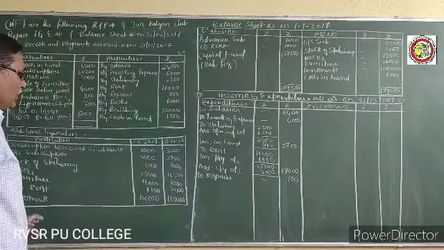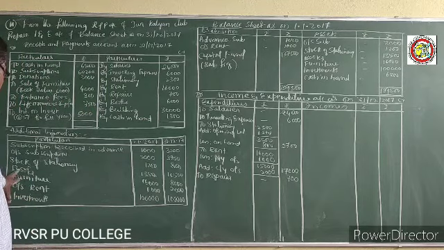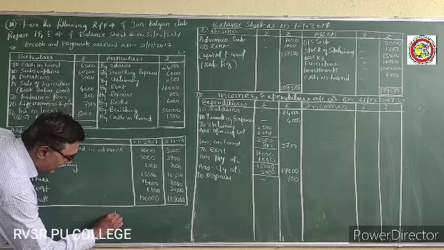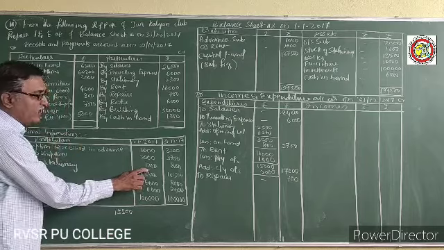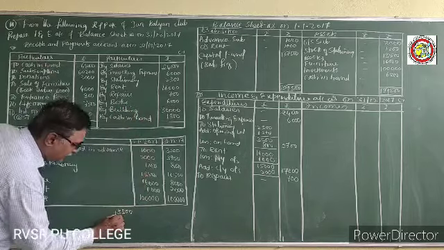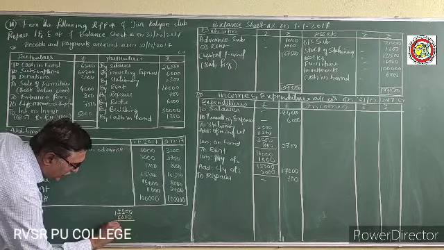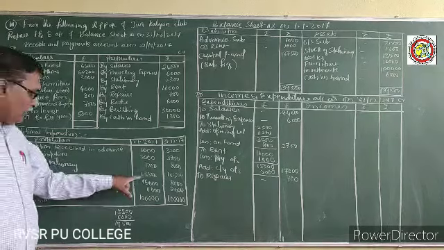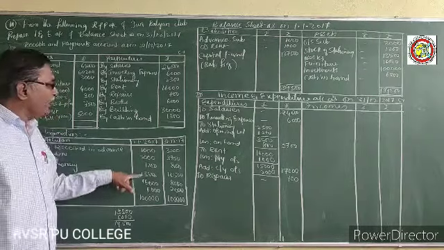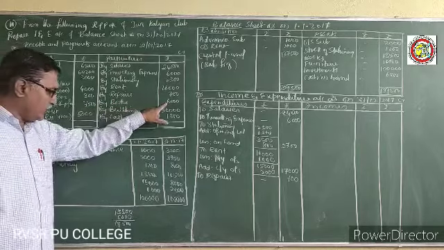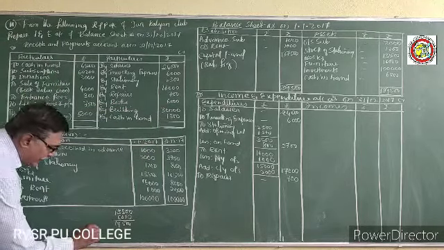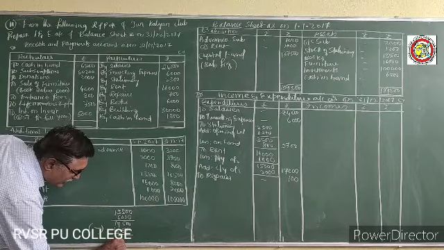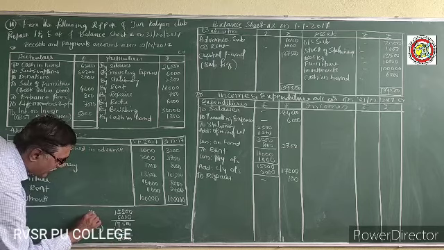Say, the difference is the depreciation in regards to the books and the furniture. Opening value of the books is 13,500. Books purchased during the year is 6,000. Totally 19,500 is the value of the books, minus closing value 16,500. This 3,000 is called depreciation in regards to the books.